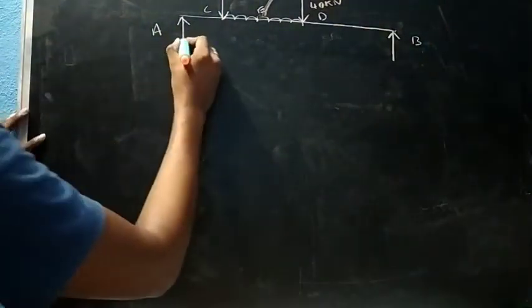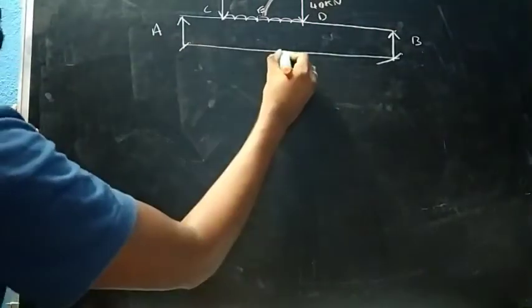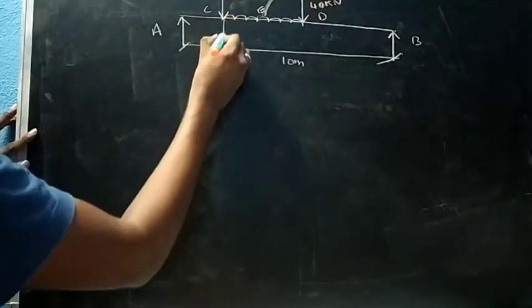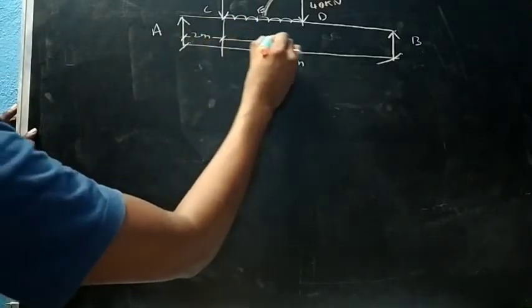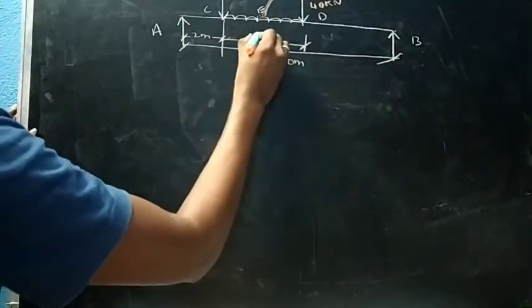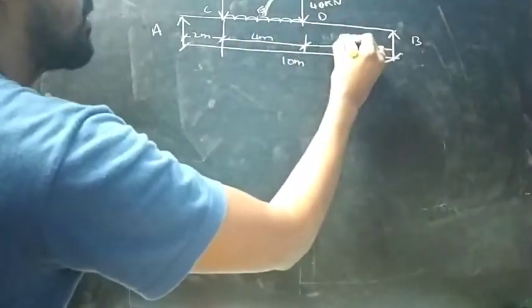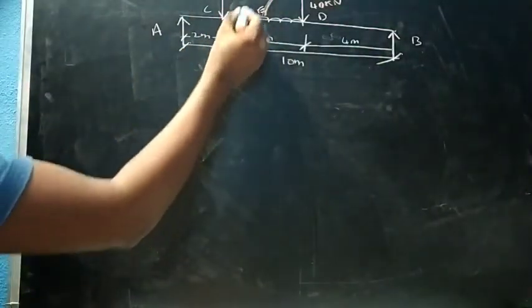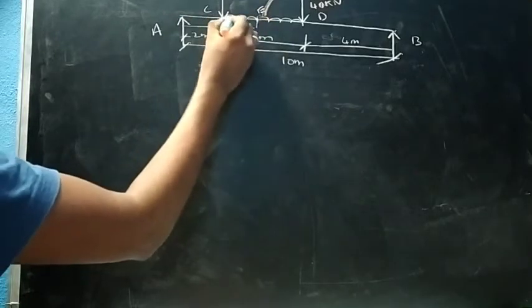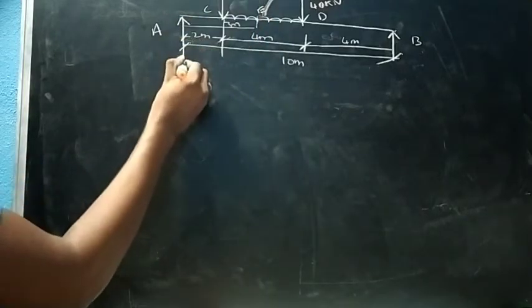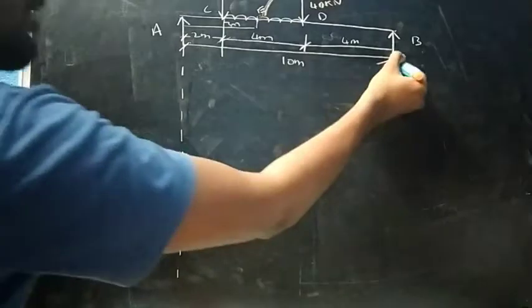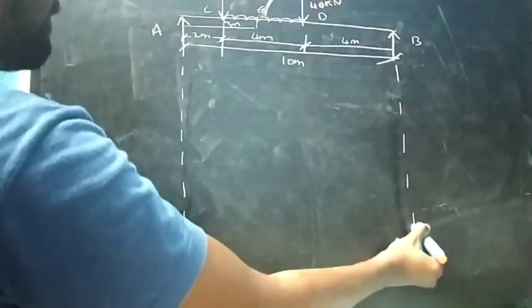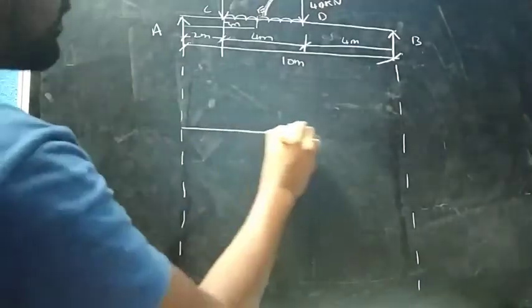So the total distance is 10 meters, till here it is 2 meters, from here to here it is 4 meters, and it is 4 meters. So the total of 4 plus 4 plus 2 is 10, and somewhere here it is acting, the length is 3 meters, the x value 3 meters. Extend this line, the reference line, to draw the shear force and bending moment. So draw the baseline,